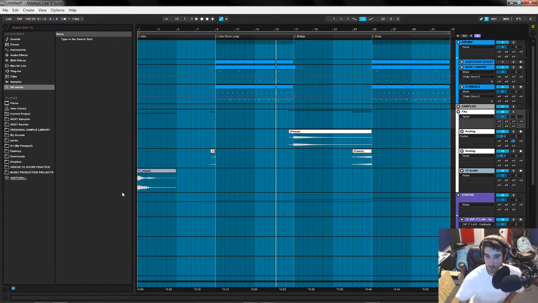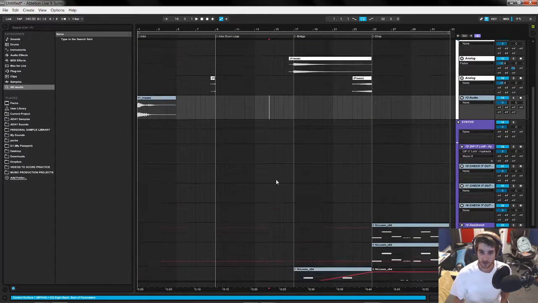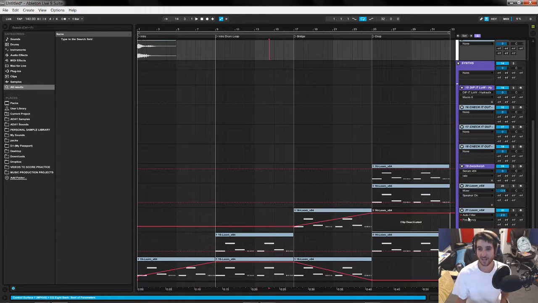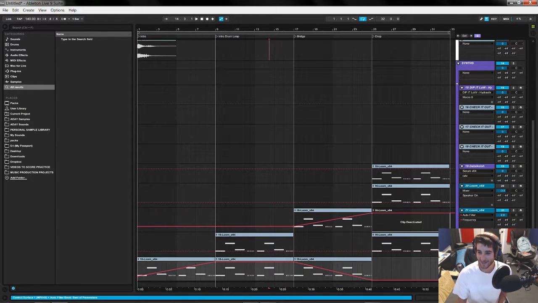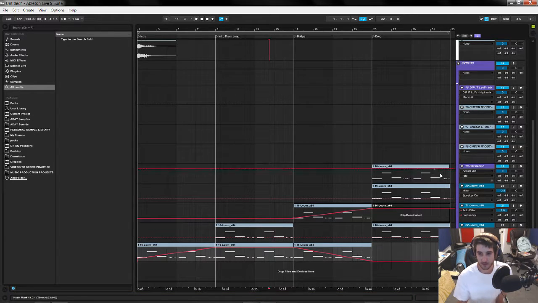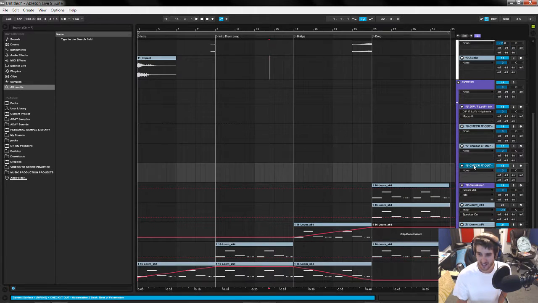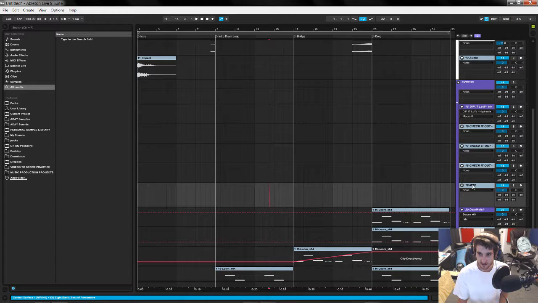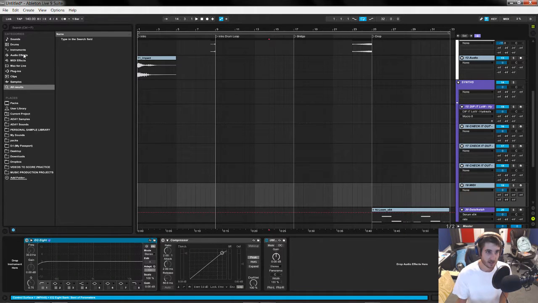I know exactly what to put right here. Actually, I know what I want, but I don't know how to find this sound. I want just a little humming automation going behind this, which actually should be pretty easy now that I think of it. It could just be a saw, just a basic saw.